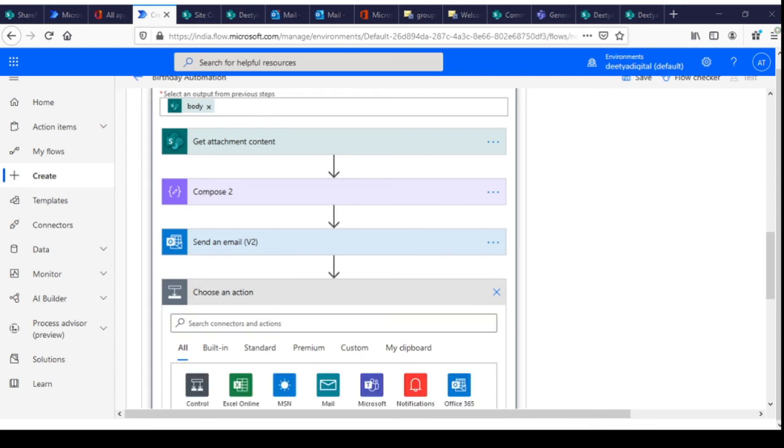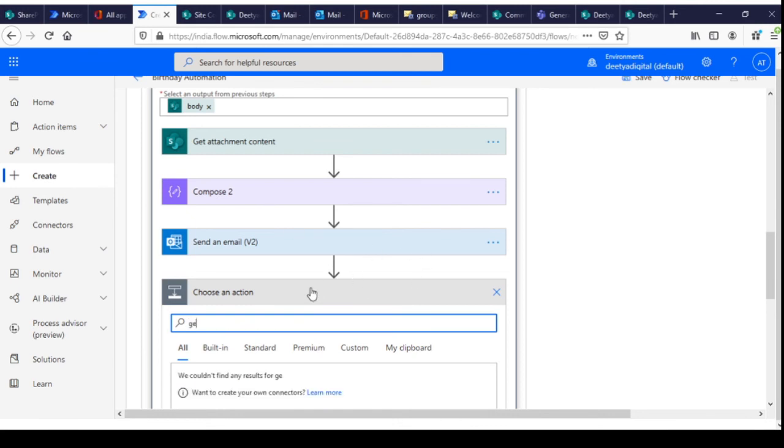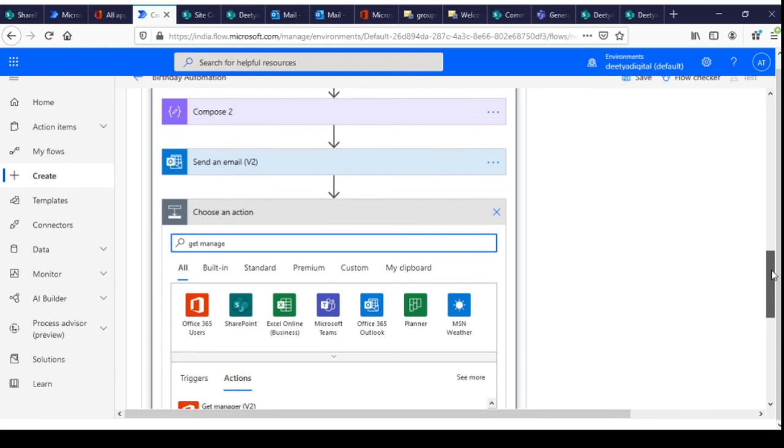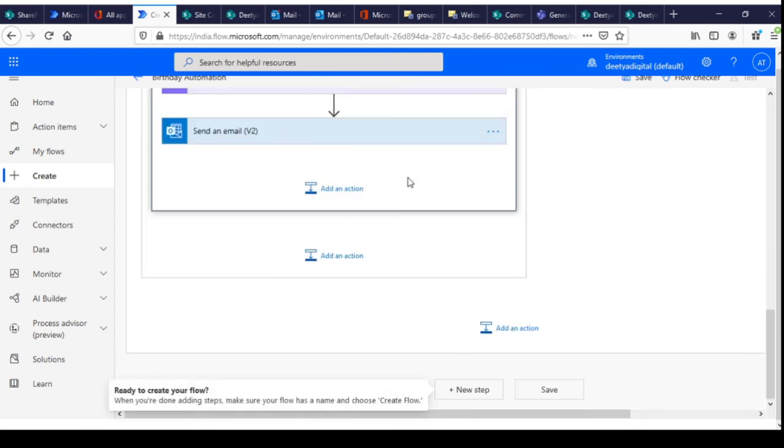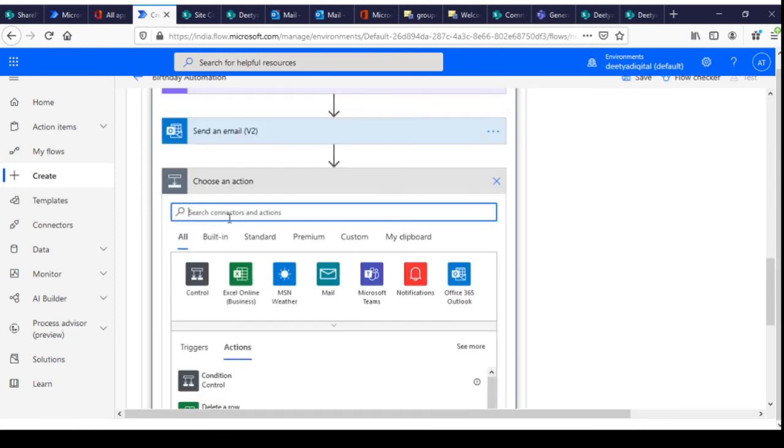Now I will show you how to send it from the shared mailbox. So before that, I'll just go ahead and get manager details. If you want to get manager details, you can get, or else I'll skip that step here. If you want to call manager and want to add manager details, then just comment.